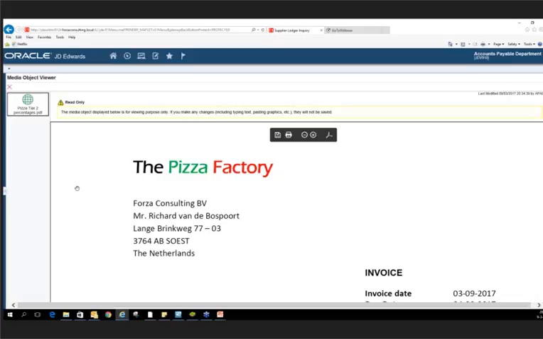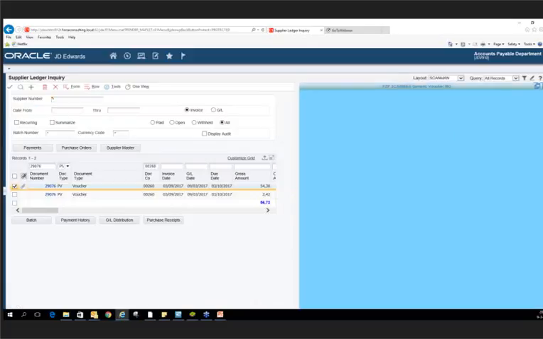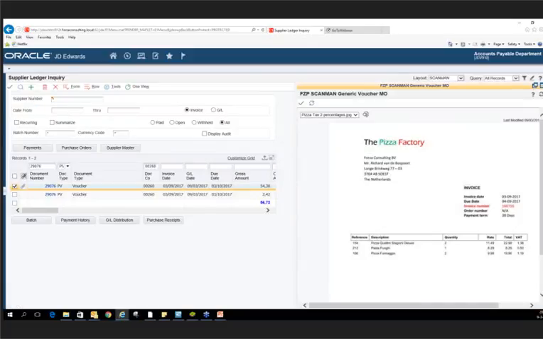And the attachment is the same document as has been emailed to us, to the Scanman or the invoice@fortuneconsulting.eu email box, for example, or the document as it has been scanned. What we also have, that's very convenient, is a button on the right hand side, and that's here. This is also a picture of the invoice, but